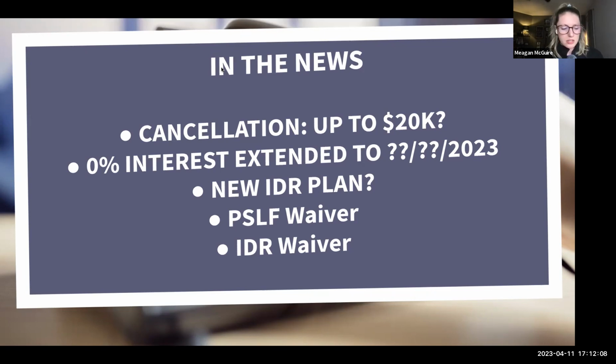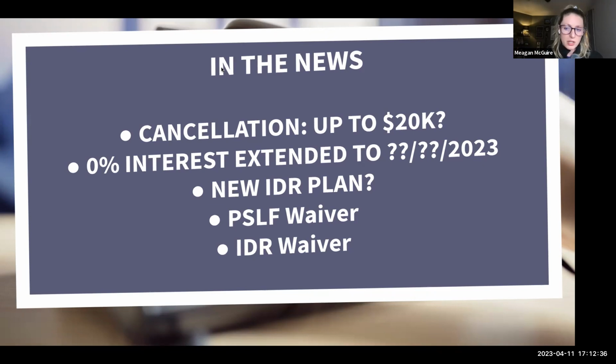The income limitations were: if you were single, you had to have made less than $125,000 of adjusted gross income on either 2020 or 2021's taxes. So they weren't even considering 2022. For single people it was up to 125, and for married people, it was up to 250,000 of income. And you could get 10,000 of loan cancellation if you're under those limits.